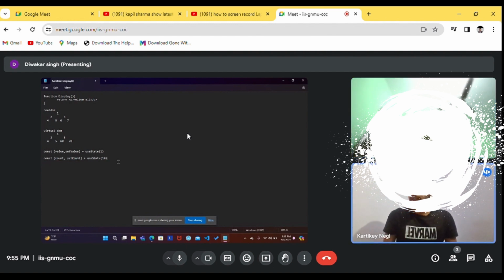Okay. Then why should we not update this state directly? If you want to modify the value of count, suppose I have an object over here, and that object contains a value, so value equals 10.